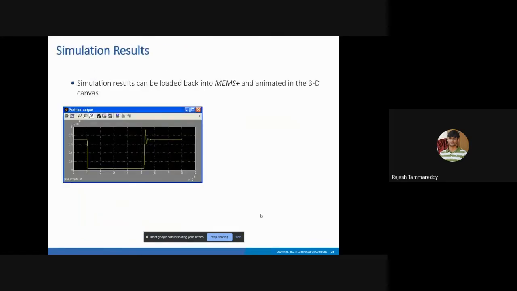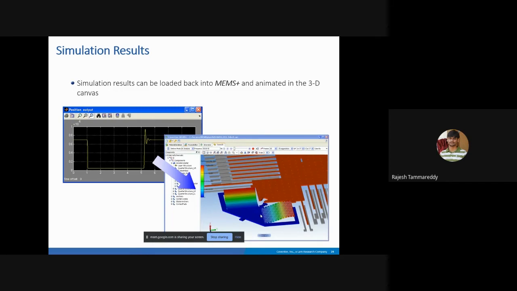Whatever results you have, you see in 2D form. Suppose I have an accelerometer model and I have created some circuit and run the simulation. I got this in 2D form, but I don't know the 3D behavior: how exactly, where is the maximum displacement, where is the minimum displacement, and in which direction it is moving. For that, again, there is no conversion or anything. The result file that is generated when it runs the simulation, you can open back in MEMS Plus. You can see the 3D behavior there in Sim 3D.